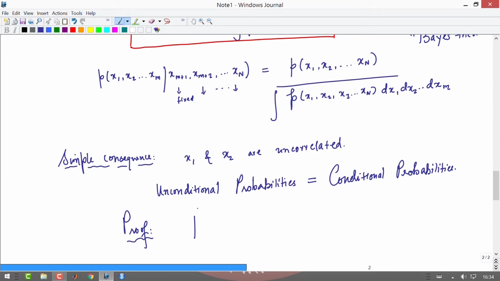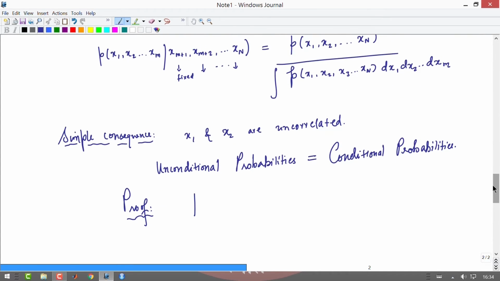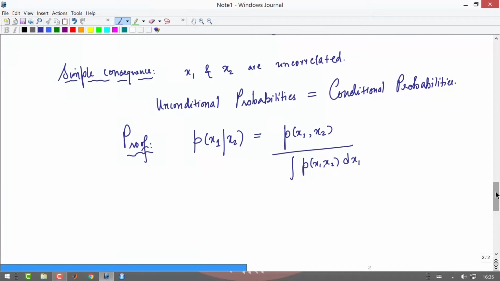So if I write down the conditional probability from the previous example, then it would simply be probability of finding x1 when x2 has been fixed to some value, and this would be given as the joint probability density divided by integration of the joint probability density over all values of x1. Okay. Now since